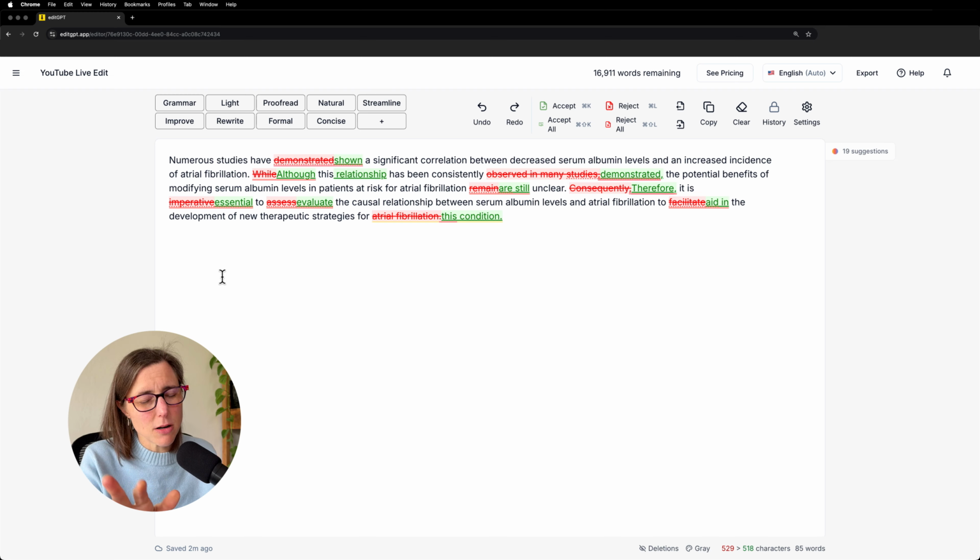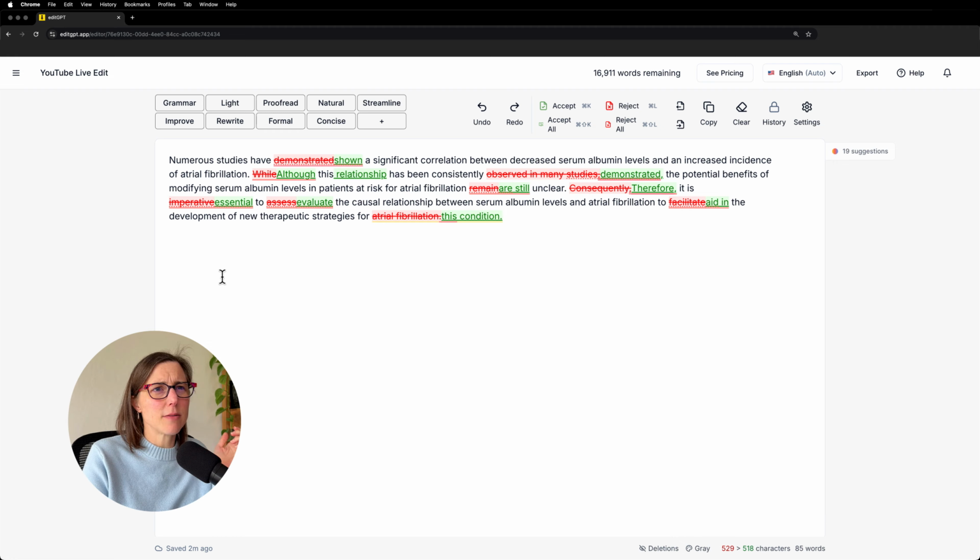In most cases, there are exceptions, of course. And so here it changed assess to evaluate. Now, evaluate has more syllables than assess does, but it is a stronger verb. And so this might be a case where I would say, let's go with more syllables because we're using a stronger verb. So that's interesting.